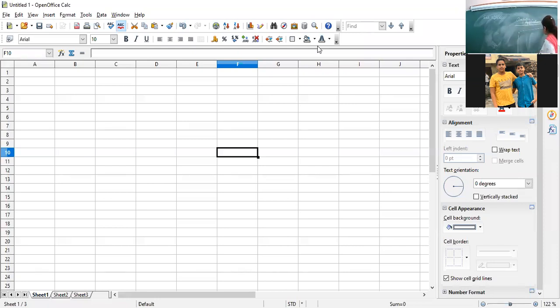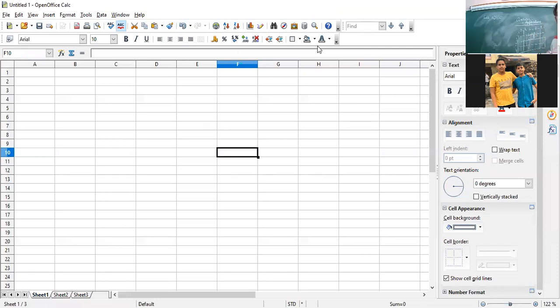So this is a worksheet. These are column letters and these are row numbers, right? If I highlight this, this will be my active cell.